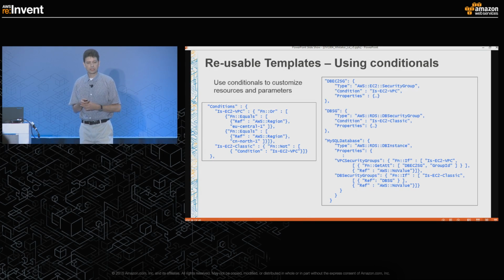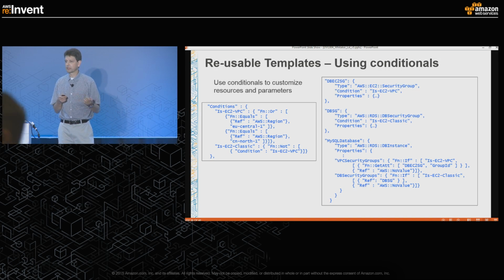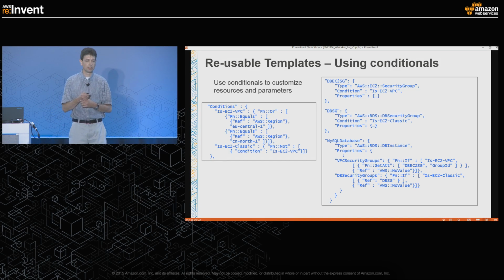Another option you have is conditionals. So maybe there are cases where under some conditions you want to create a resource and under other conditions you don't want to create the resource from within that template. Or maybe there are property values that you want to pass in or not pass in based on some condition. So CloudFormation gives you a condition section. And what the condition section does is essentially define a set of conditional expressions that you can use later on